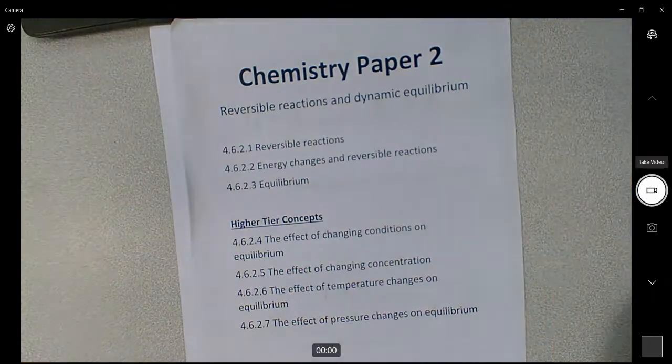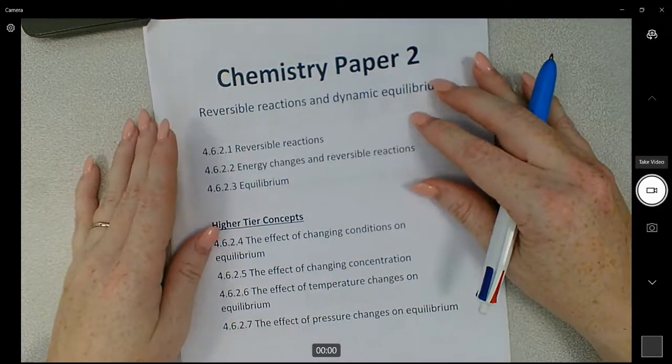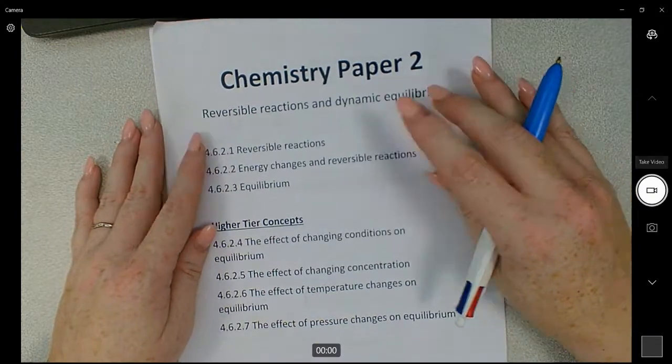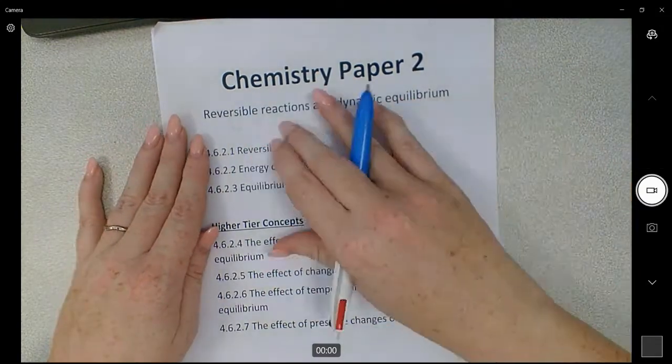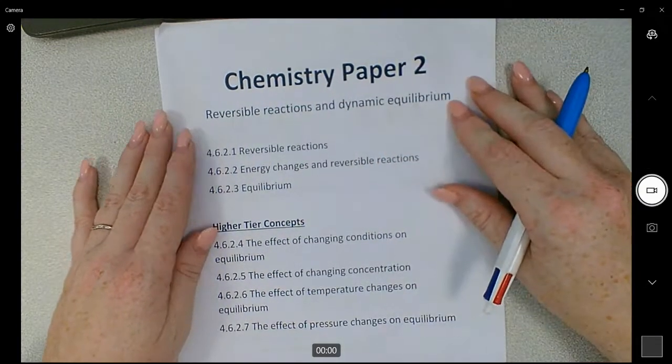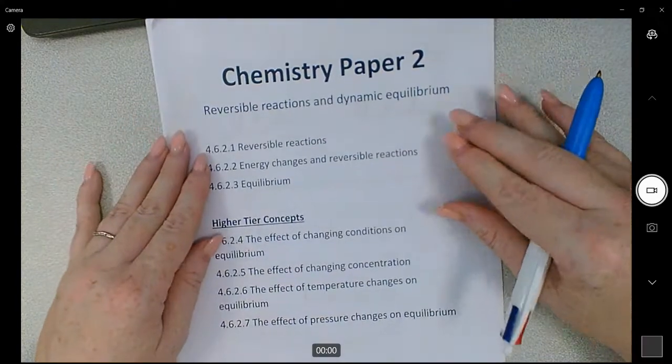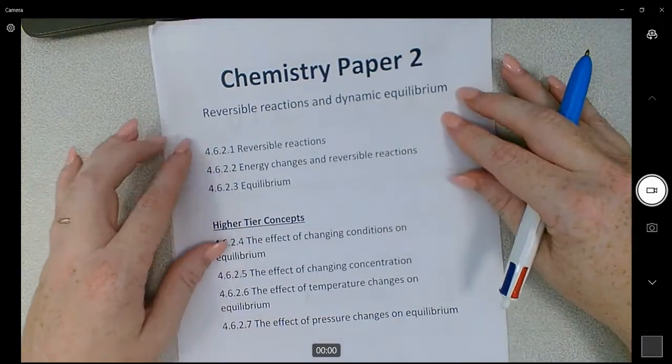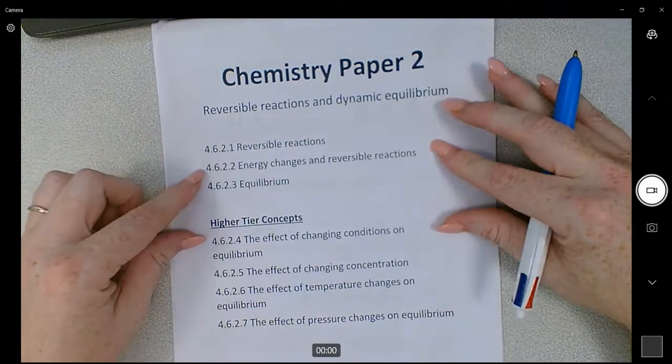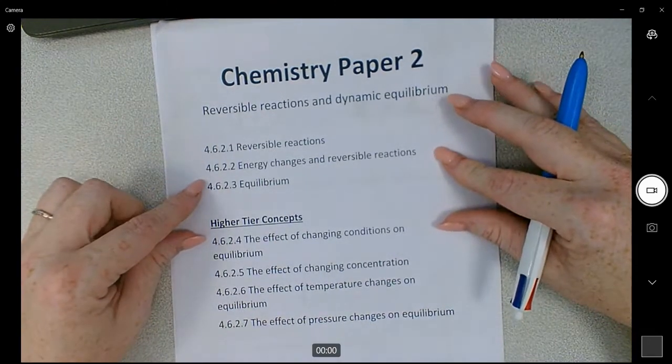So good morning, Year 11, and today we're going to go through the idea of dynamic equilibrium, which again is all about preparing you for chemistry paper 2. This is for foundation tier and higher tier. So we're going to go through the first key concepts that cover both foundation and higher, which is